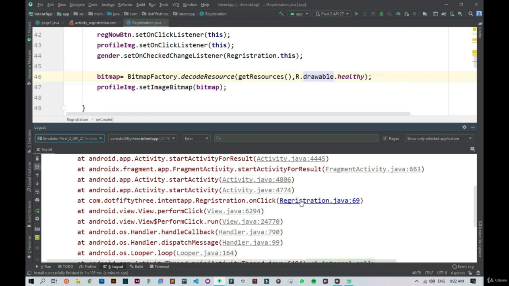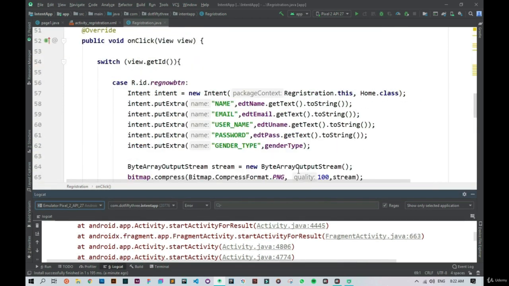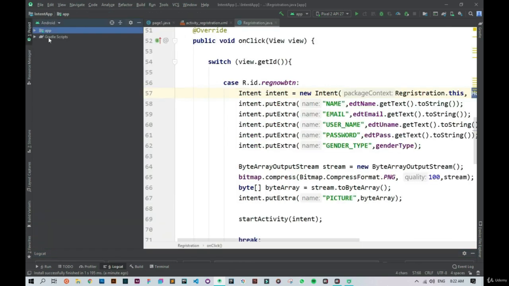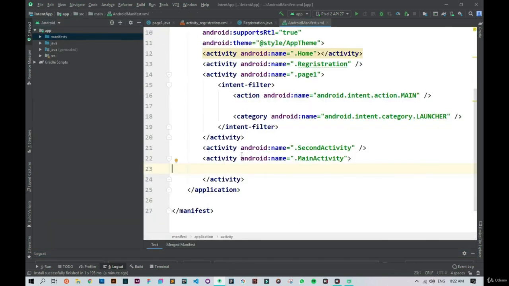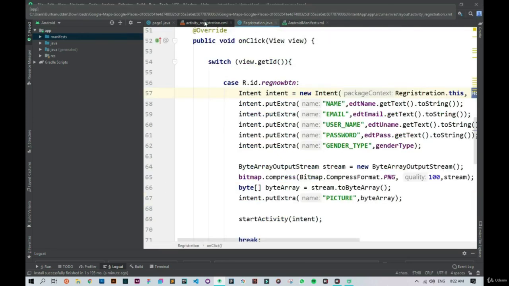Okay, so it says there is an error here. So let's see whether we have specified the home activity in our manifest file or not. It is specified. Okay, so it is because we have not